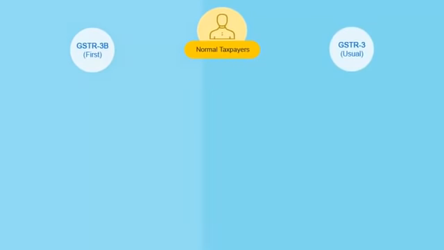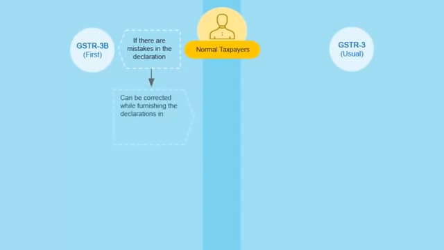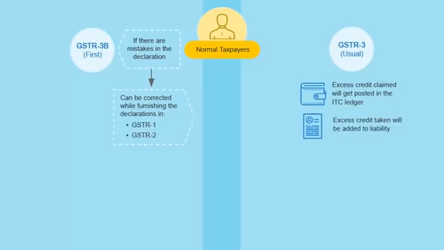If GSTR3B is filed before GSTR3 and the taxpayer has made mistakes in his declarations in GSTR3B, he can make corrections while furnishing the declarations in his GSTR1 and GSTR2. Any excess credit claimed will get posted in the ITC ledger while filing GSTR3. Also, any excess credit taken in GSTR3B will be added to liability in GSTR3 and can be paid